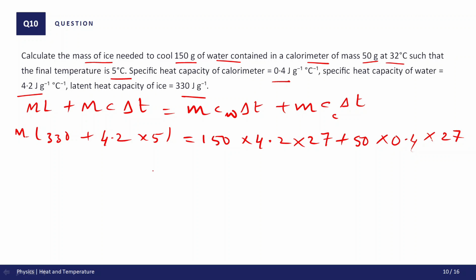Okay, let me multiply and add on the left hand side. 4.2 into 5 equal to 21 plus 330, 351 it is. So m of 351 equal to 150 into 4.2 into 27, you will get 17,010